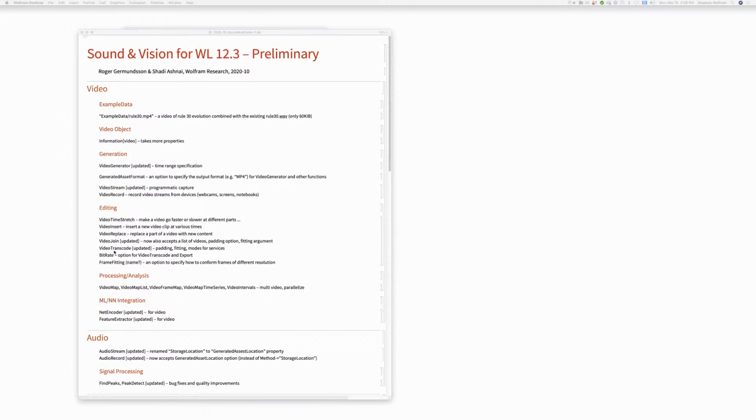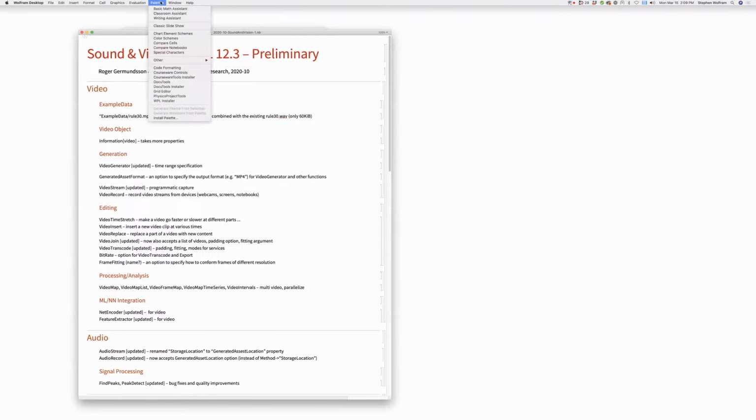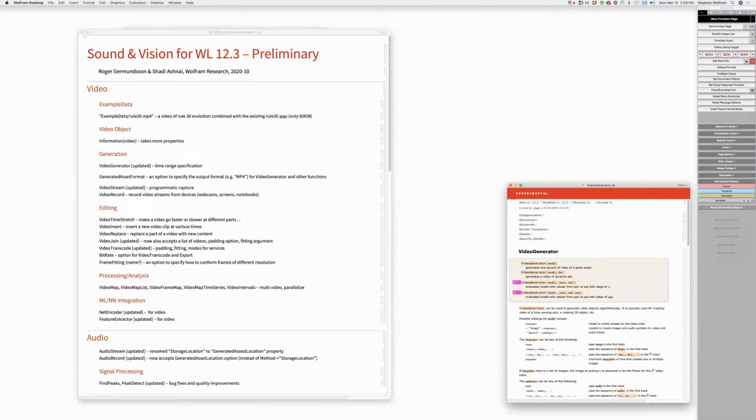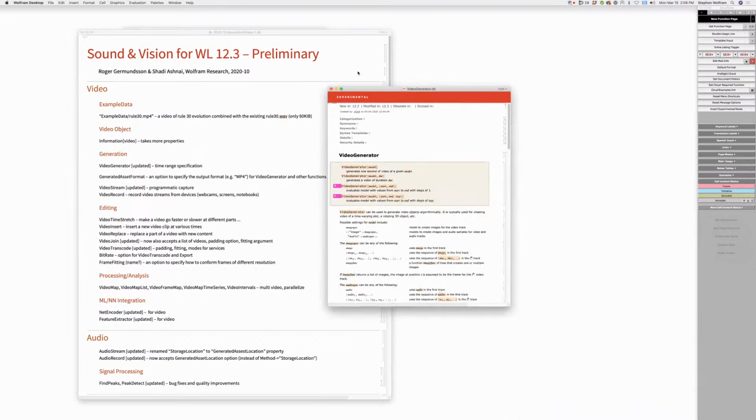We're looking at sound and vision. Have we looked at this before? Is this our first? No, we'd looked at this previously, right? This is second. Okay. All right. So where are we starting today? From the agenda, we went down to bitrate under editing around there, but we have to go back to video